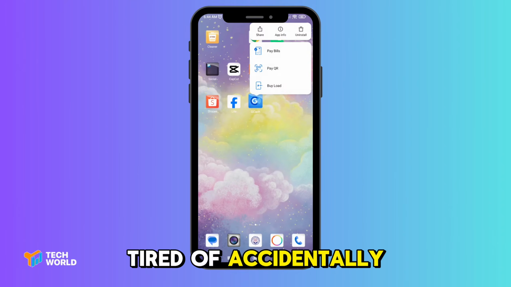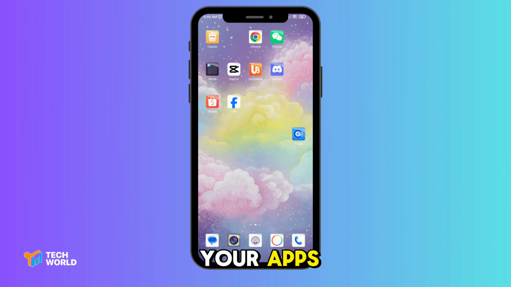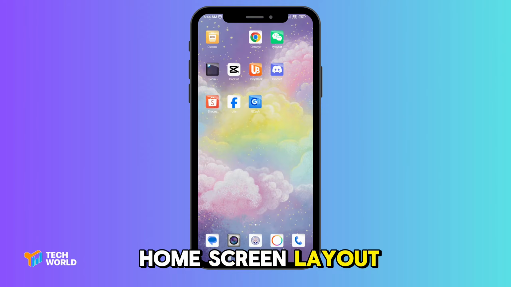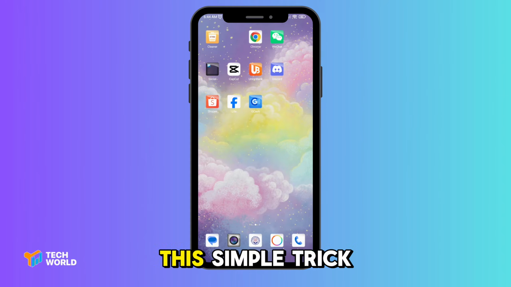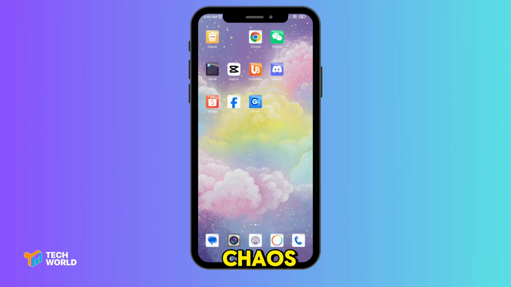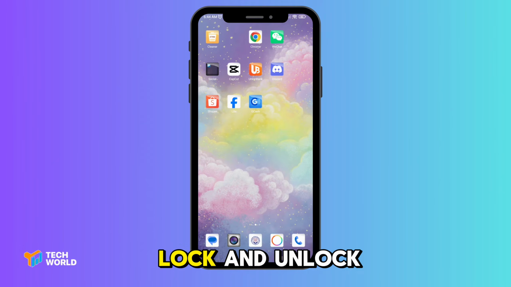Tired of accidentally moving or deleting your apps? Let's lock your home screen layout so everything stays exactly where you want it. This simple trick can save your home screen from chaos, and I'll show you how to lock and unlock it